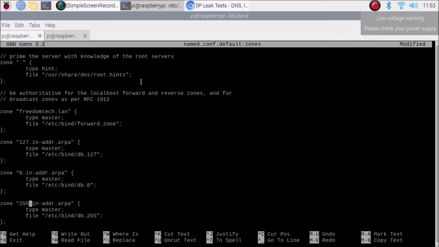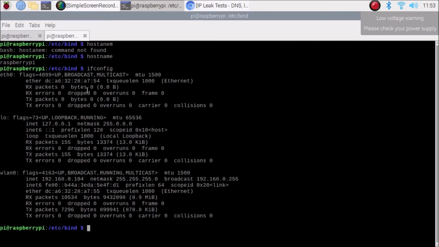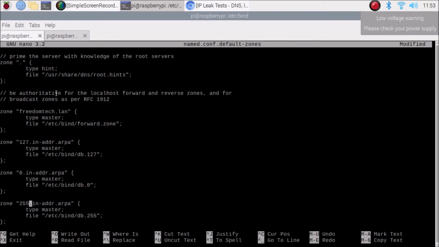Then scroll down, and at the end, as you can see, we need to mention the Raspberry Pi 4 IP address in reverse format. For that, run the command ifconfig to know the IP address. Mine is 192.168.0.104, and I am going to add the IP address this way: first 192, then dot, then 168, then dot and 0. That's it.